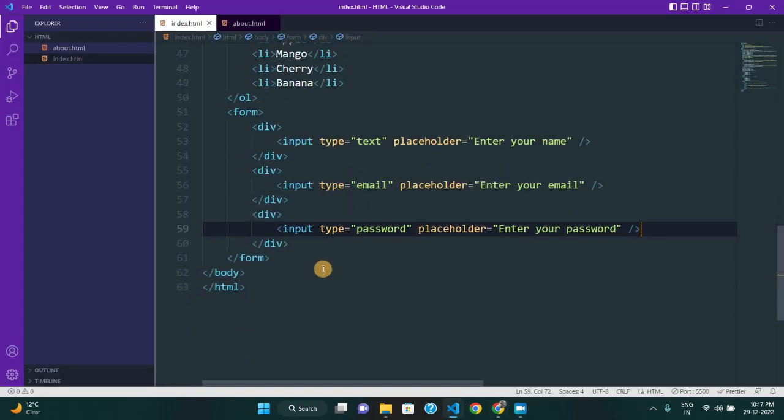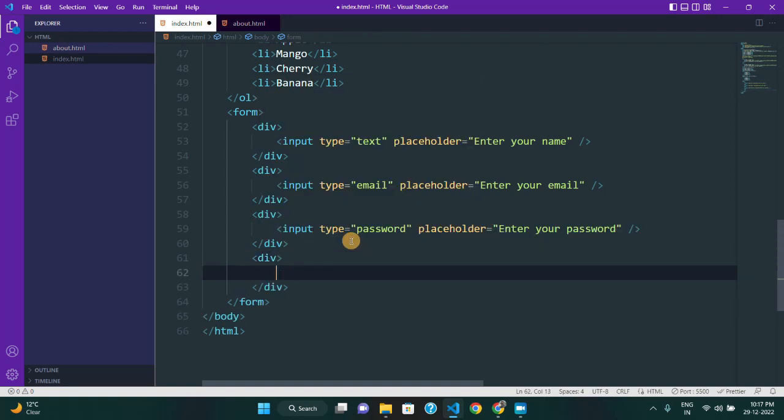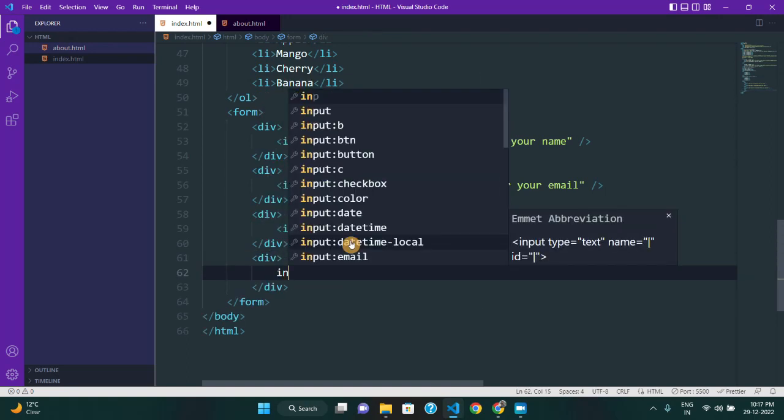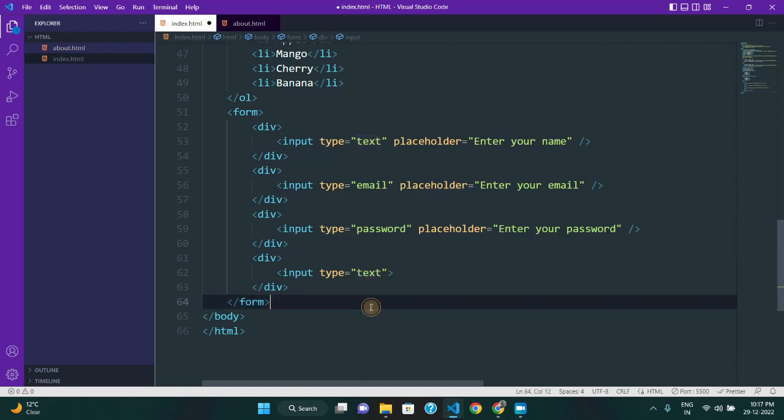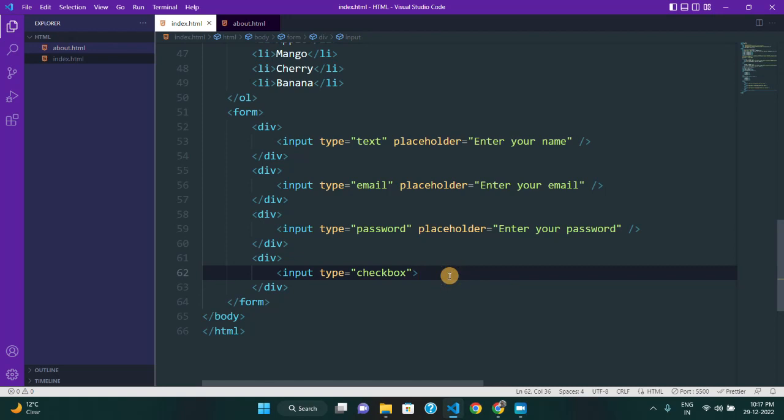Now we have another type of input which is also known as checkbox. So let me write the div and let me write input. Okay, let me create this input. Now instead of type text, what you need to do is write type as checkbox. Okay, and here you are going to get this checkbox. But this checkbox is having empty text, so in order to write some text we have another tag